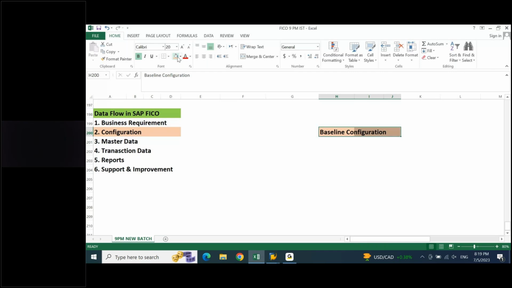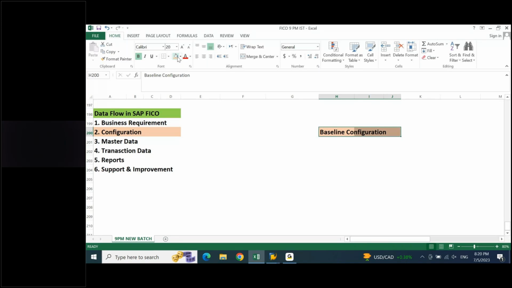Before I answer this question, let's say your point is mostly connected to an implementation project or a rollout project, correct? Yes, first greenfield only. Okay, let's say we are planning to implement SAP FICO for a particular client, wherein I am the SAP FICO consultant, and you are the client. You have been working in your organization for the last 3, 5, or 10 years. Now you are aware of your business process.